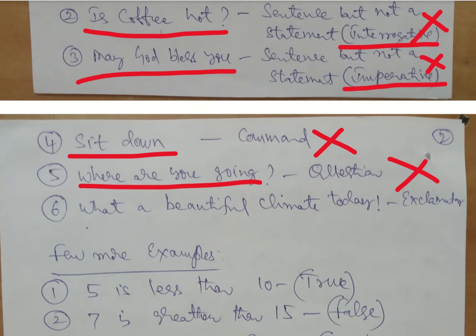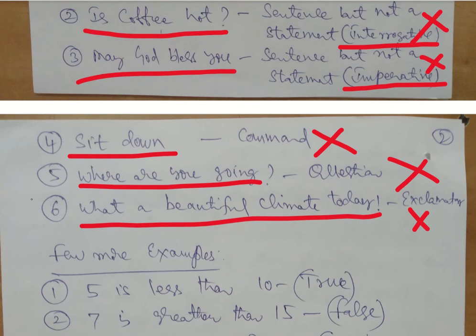But logically, they cannot be statements. Why? Because there is no true or false attached to these statements, and hence the declaration part of the statement is missing. That assertion is missing, and hence these cannot be valid logical statements. Are they English statements? Yes, they are valid English statements, but they are not logical statements. That is the thin line we have to draw here. "What a beautiful climate today" again cannot be a statement. For you it might be beautiful, for somebody else it might not be. So we cannot attach true or false to this. It is an English statement, but cannot be a logical statement.